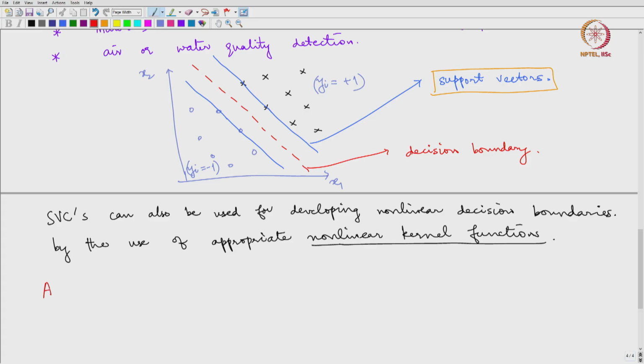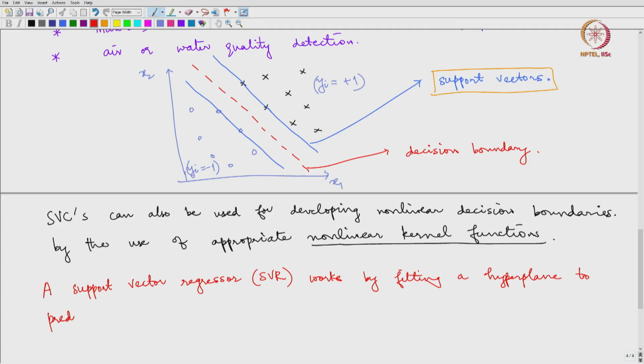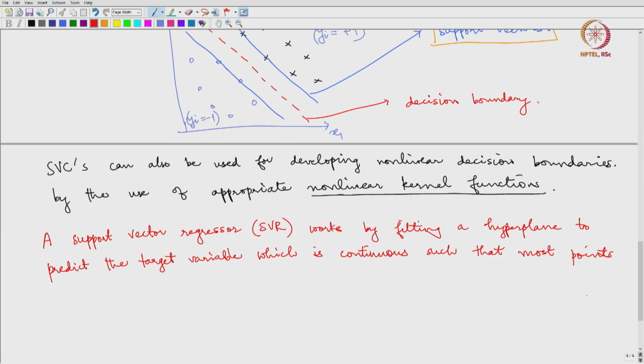On the other hand, a support vector regressor, SVR, works by fitting again a hyperplane to predict the target variable, which is continuous, such that most points lie within a margin